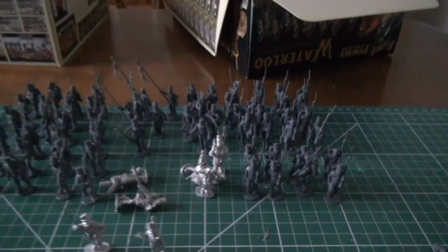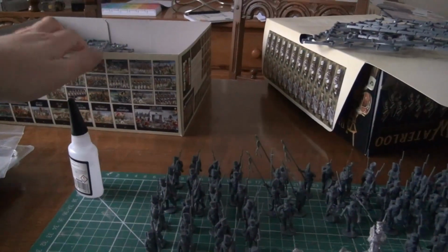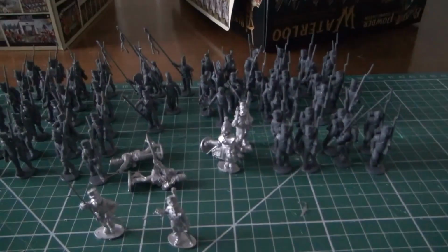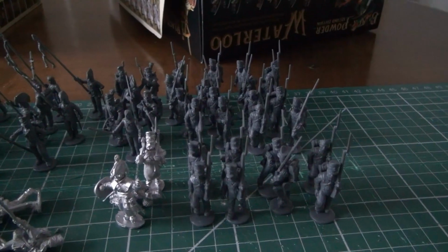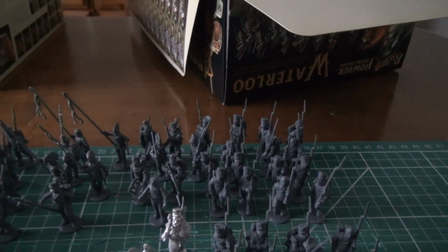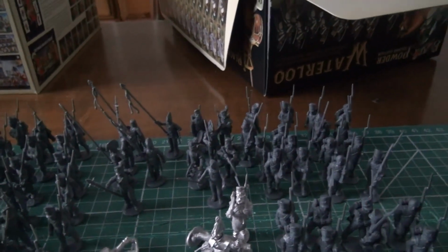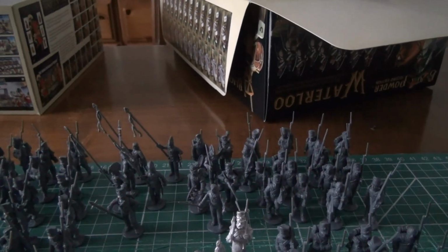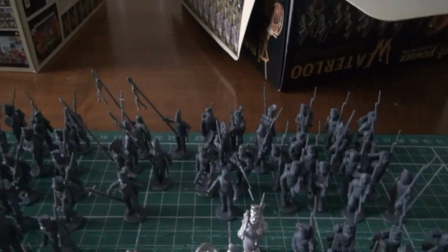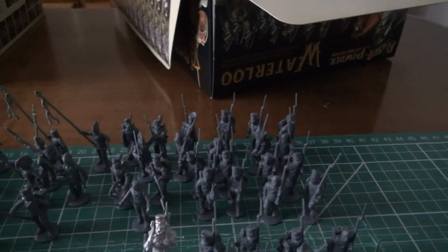Here's the British so far. I finished all the British out of the Waterloo box now. I realised, and I don't remember if I mentioned it in the last video, that with the command being 6 men and a bit packed on one of these little bases, I decided to split them into 2 threes. Now that means that our six people take up 2 bases, which meant I actually